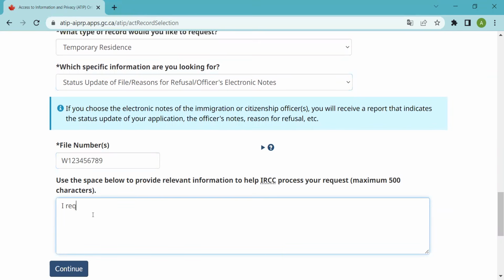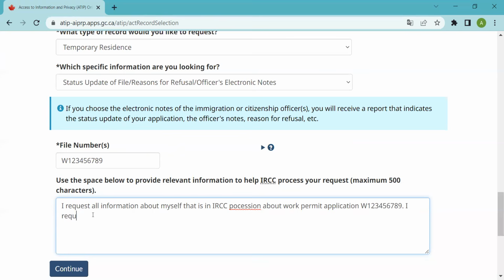You can say, I request all information about myself that is in IRCC's possession about work permit application W123456789, for example.